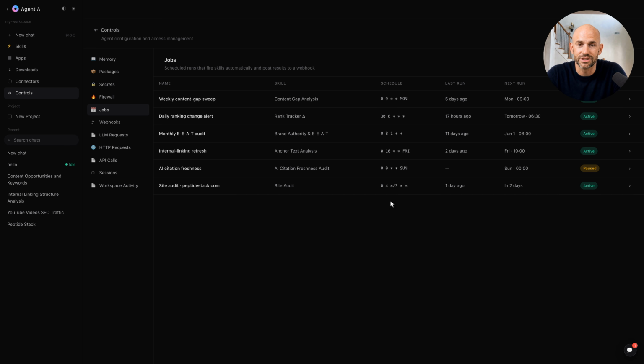For agencies, the implications here are huge. If you're managing 10 client accounts, you can build a memory context for each client, set up jobs to run weekly audits, and have a webhook fire whenever something significant changes. That reporting workflow that used to eat 10 hours a week can be automated down to maybe 2 hours of